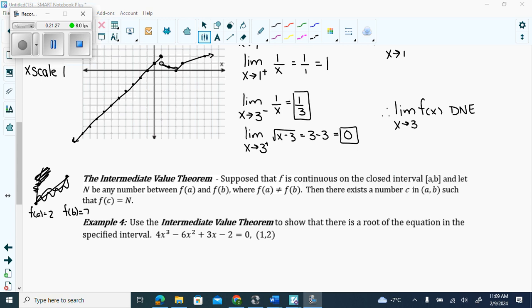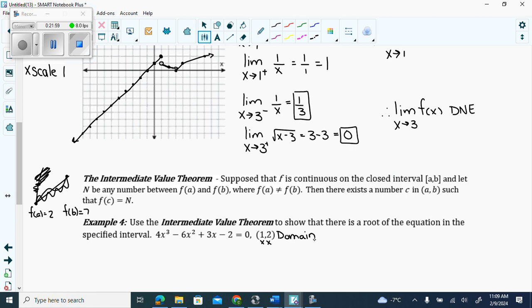Use the intermediate value theorem to show that there's a root of the equation in the specified interval. So we're showing that there has to be a root between x equals 1 and 2. This is an x value, a domain. It is rounded brackets, it is a domain, it is not an xy. I can write a domain in interval notation in brackets. It's an x, correct? So what they're saying here is between 1 and 2, there has to exist an x-intercept